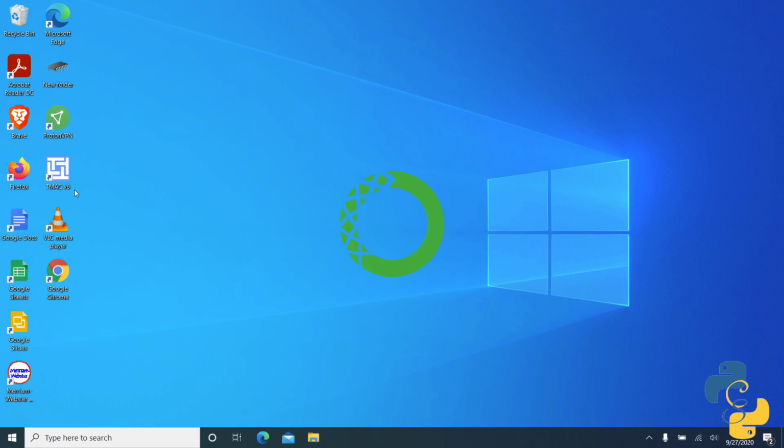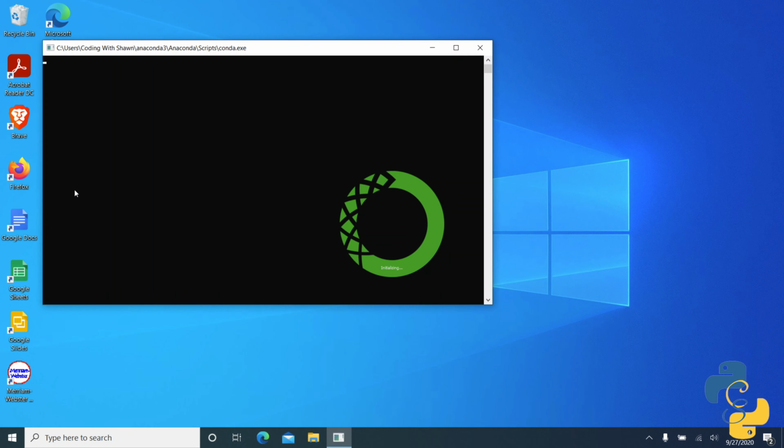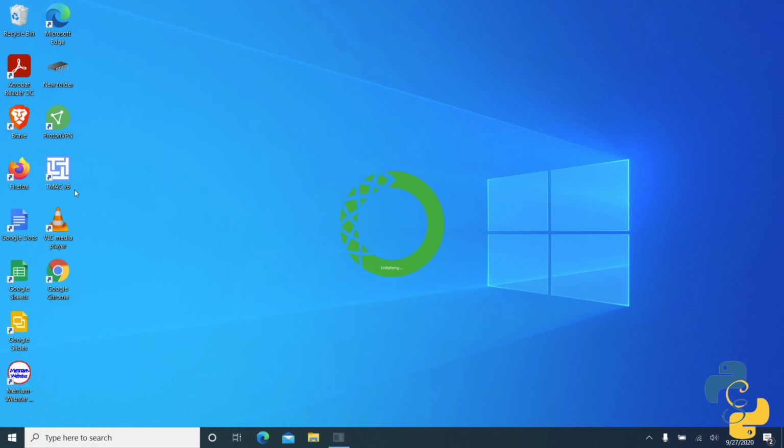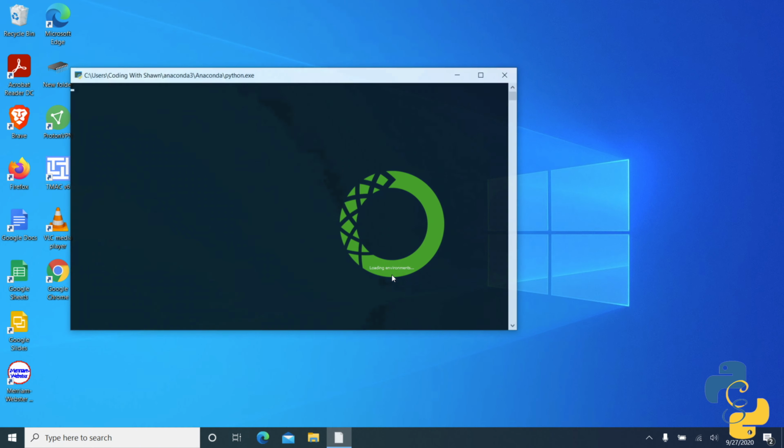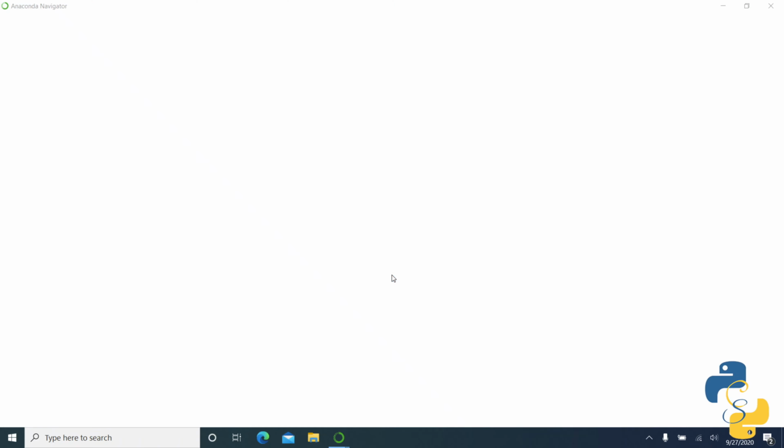Okay, so once you see this little Anaconda ring, that means that it has almost set up. Now it's just going to go ahead and initialize and do all of its final opening procedures, and it's going to open. So you can see here there's a little bit of text saying initializing. Alright, it's going to go ahead and do everything it needs. Now it's just going to load the application which it has installed. And Anaconda Navigator is a GUI, or graphical user interface, which allows